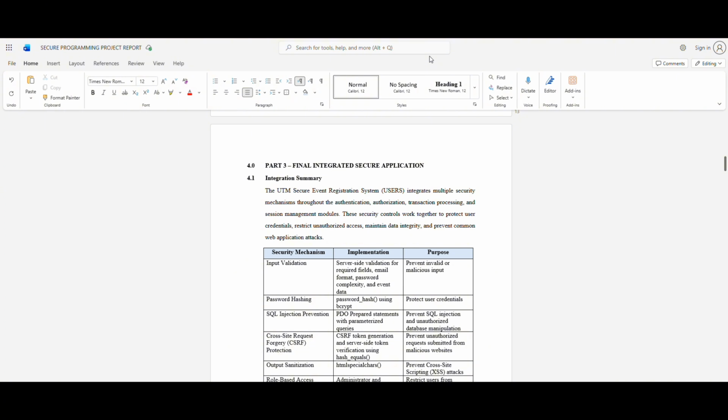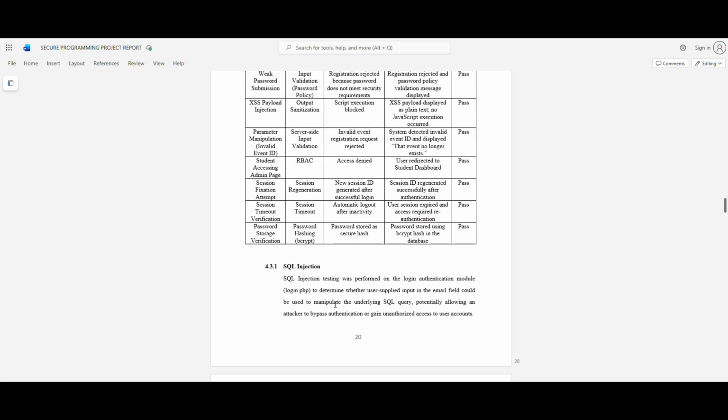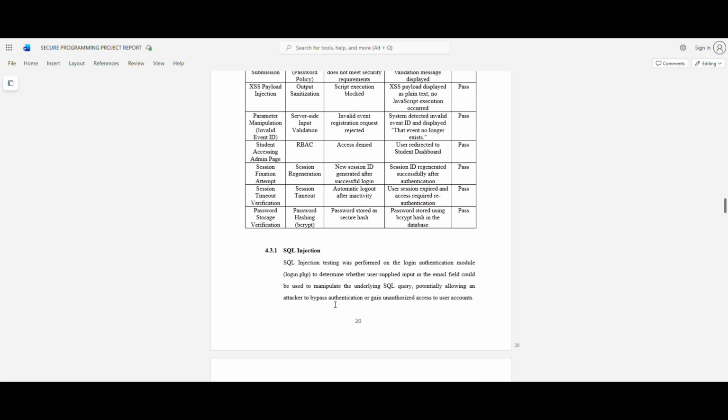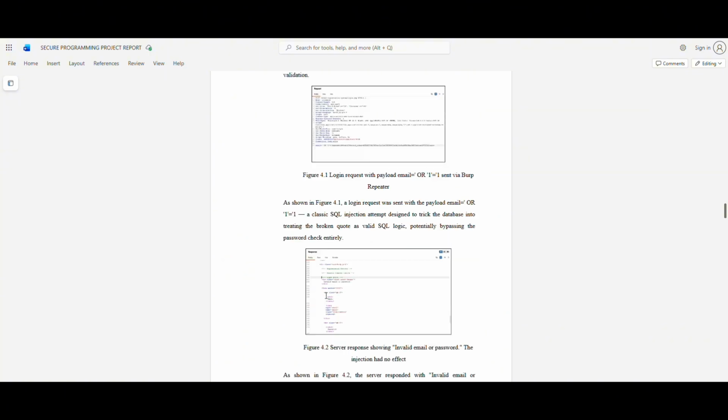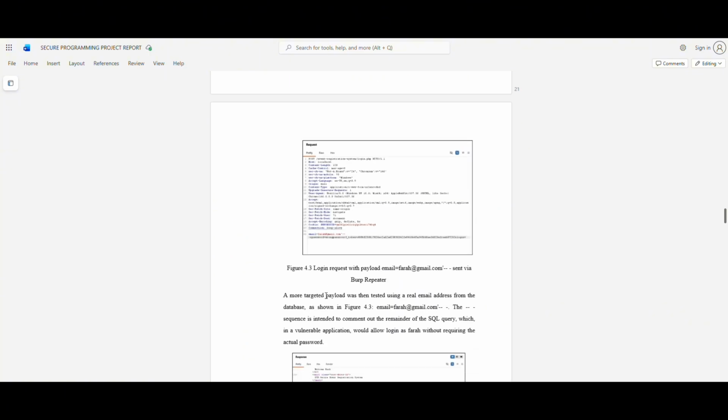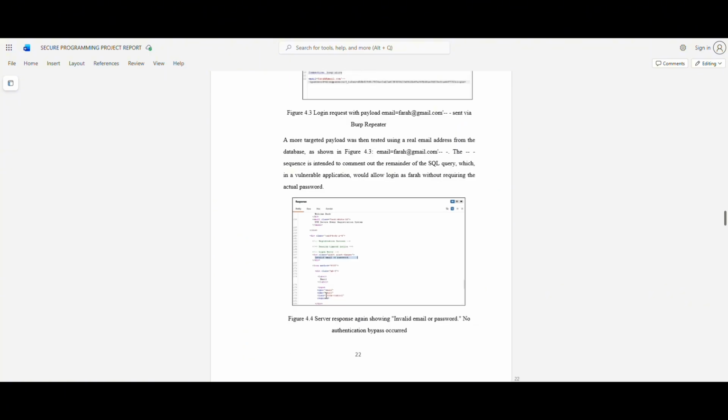So the application integrates multiple security mechanisms to protect user credentials, restrict unauthorized access, maintain data integrity, and prevent common web application attacks. Next, I will discuss the security testing and evaluation conducted to verify the effectiveness of these security controls. So for SQL injection testing, figure 4.1 to figure 4.4 show SQL injection payloads being submitted through the login